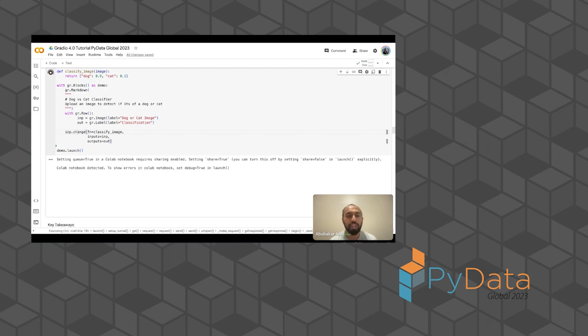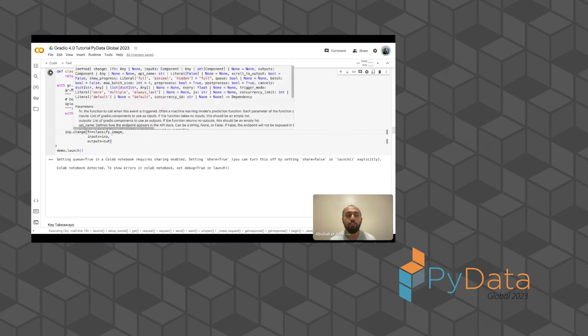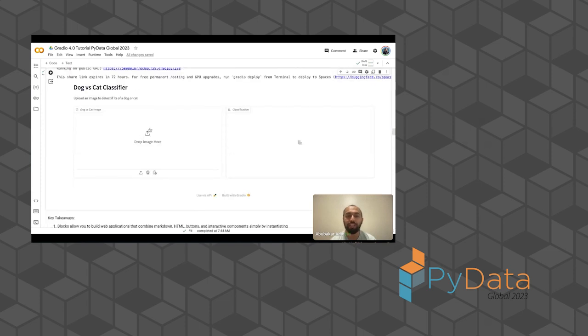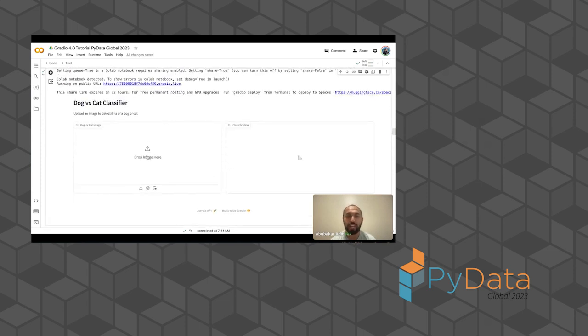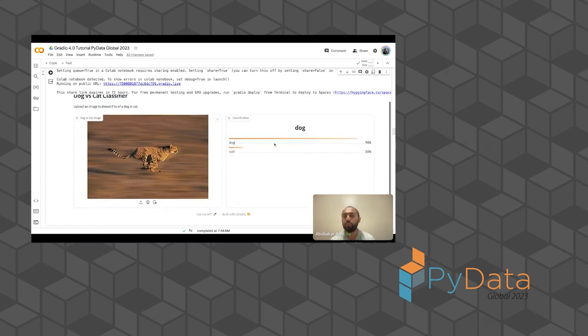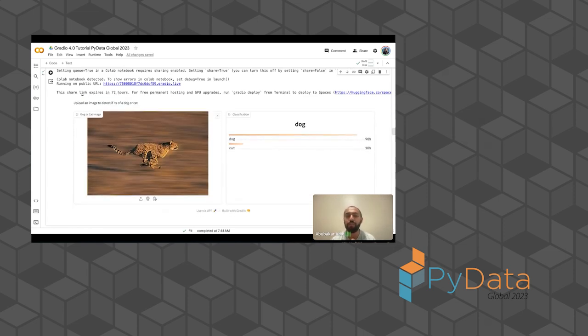Yeah, so input.change, run this function. So what does that mean? That means that anytime the value of this input component gets changed, it should run the function. So if I upload an image, it'll run the function. So I don't need any buttons at all. I have a completely live, interactive,